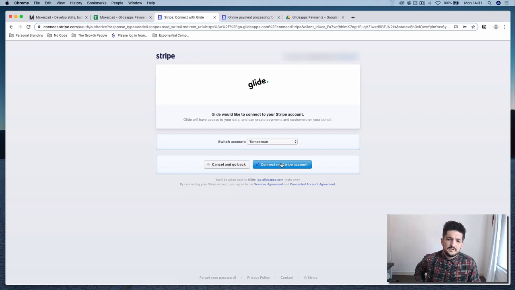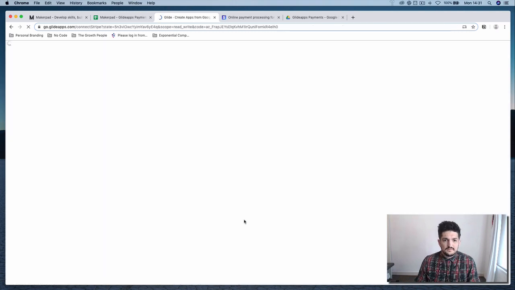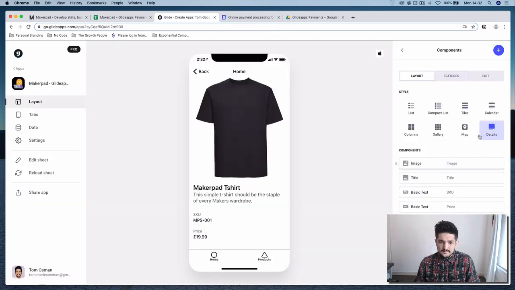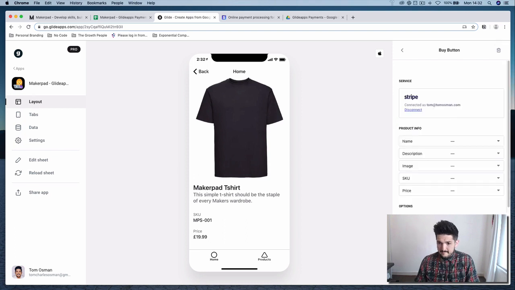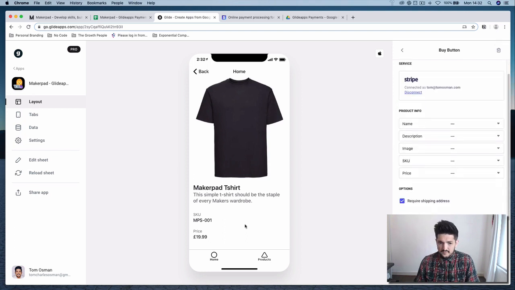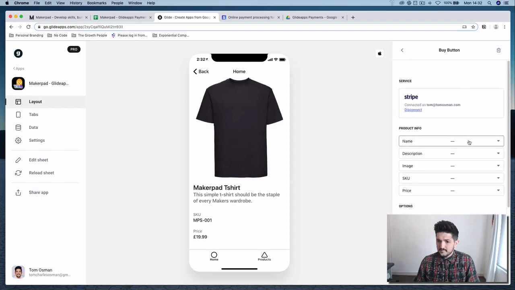Okay, once you've logged in, just click connect to my Stripe account. Okay, now we should be able to add our buy button. Okay, so we're going to need to